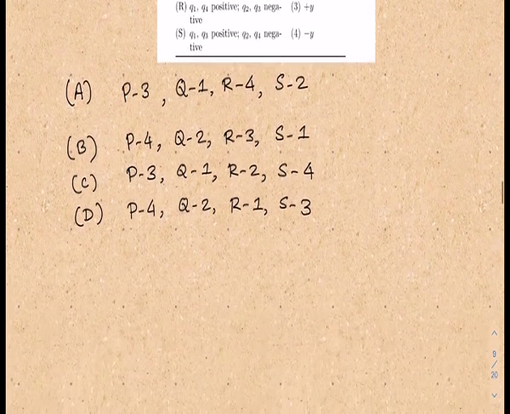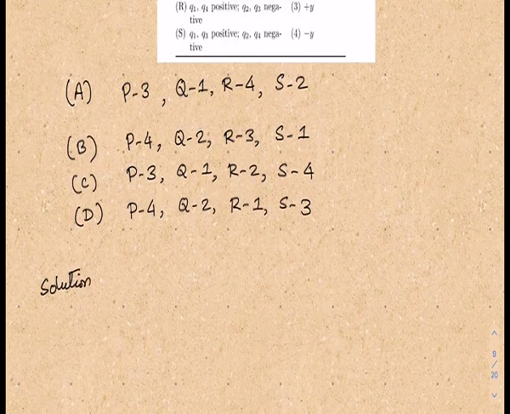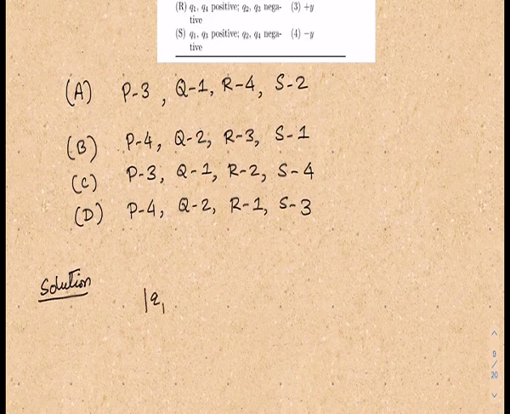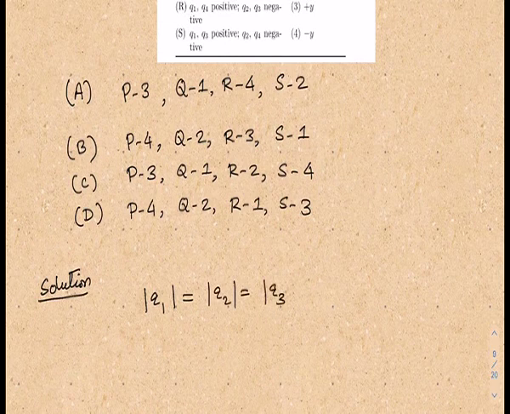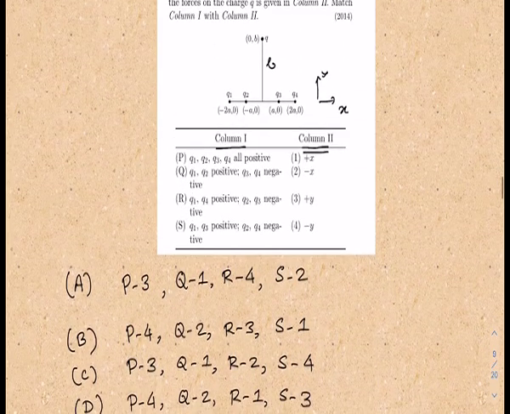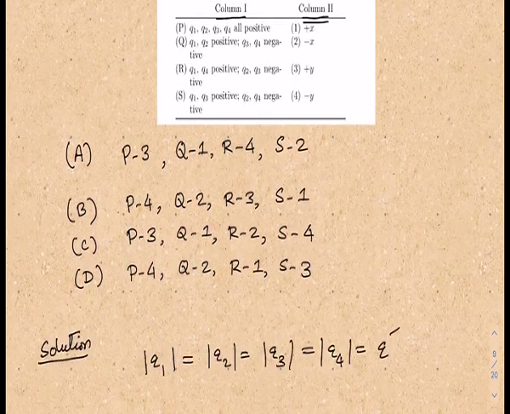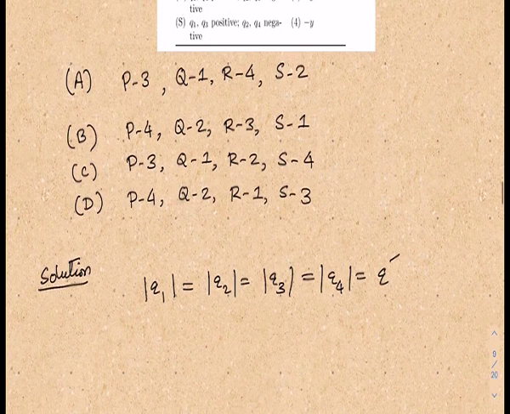It's a simple problem from electrostatics, but in this kind of problem you always have to be pretty mindful and do it very carefully. You can do it. So first of all, magnitudes are equal. So Q1, Q2, Q3, all of them are equal in magnitude. Let me say that is equal to Q. Actually not, because Q is already used there, so let me write Q dash. So let me go point by point here.